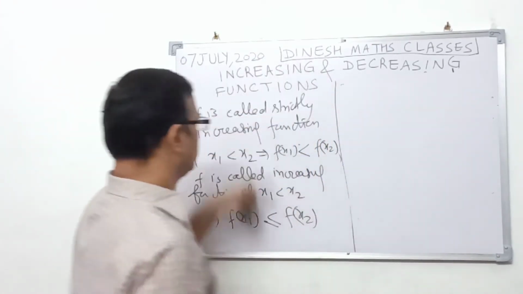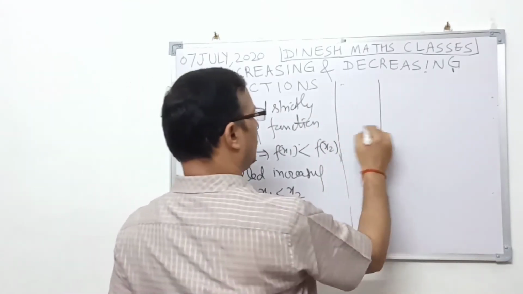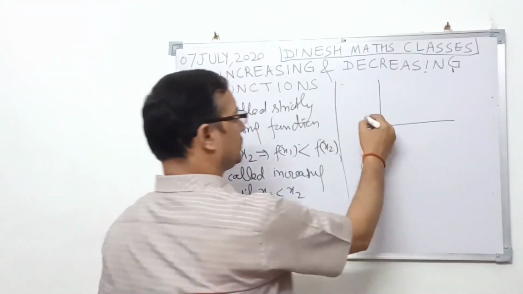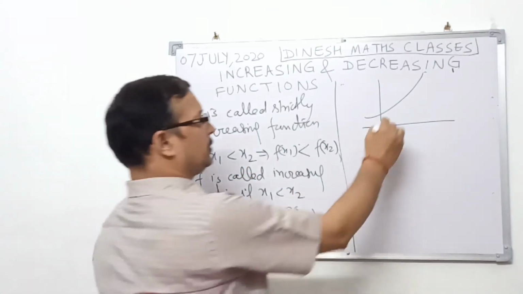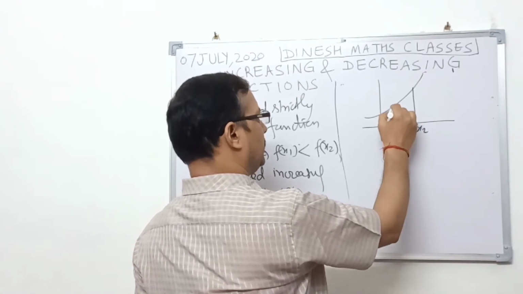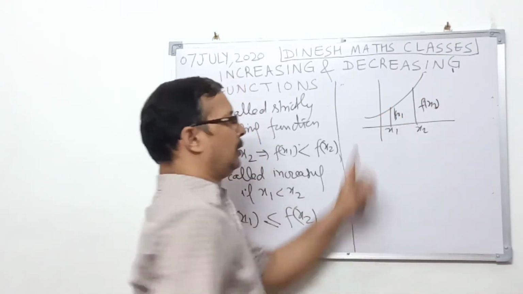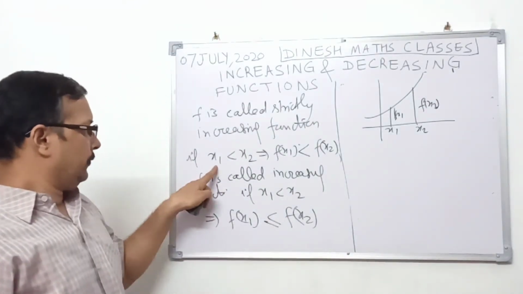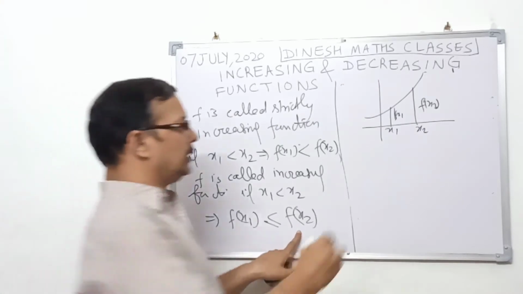See the graph for this. If it is a strictly increasing function, then you can have a graph like this. x1 less than x2 implies f(x1) less than f(x2); this is x1, x2, and this is y, f(x1), this is f(x2). And for x1 less than x2 implies f(x1) is less than or equal to f(x2), the graph will be like this,